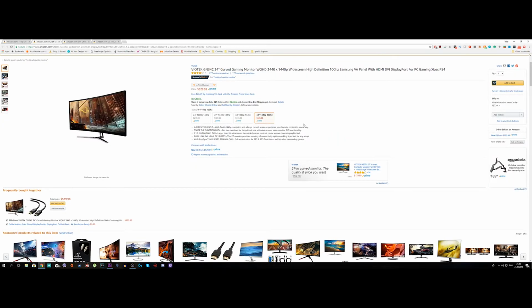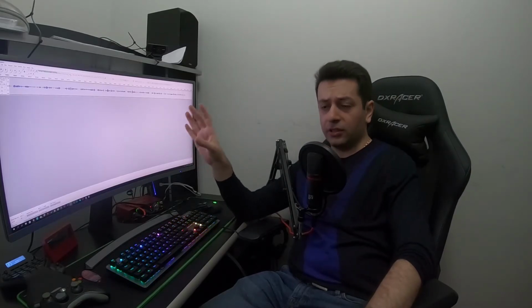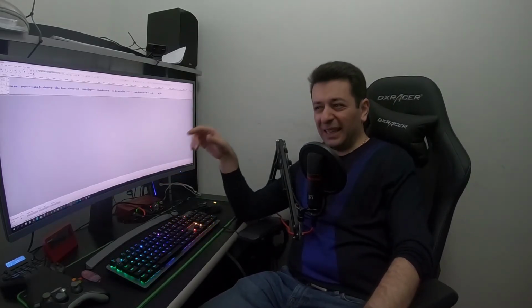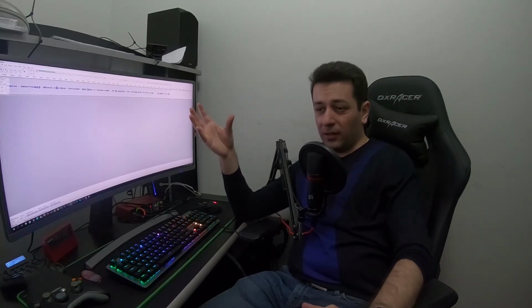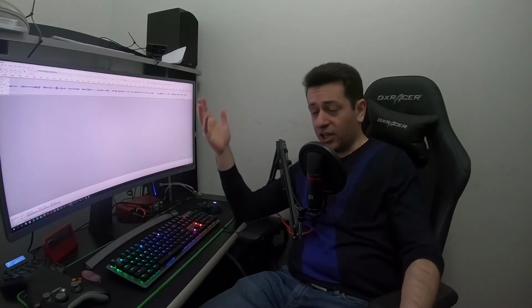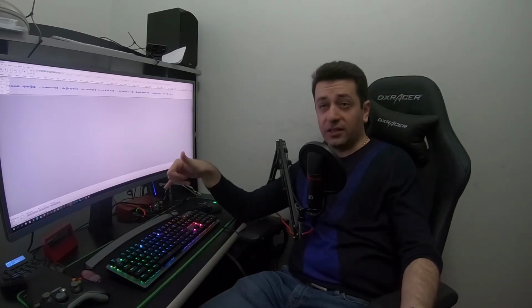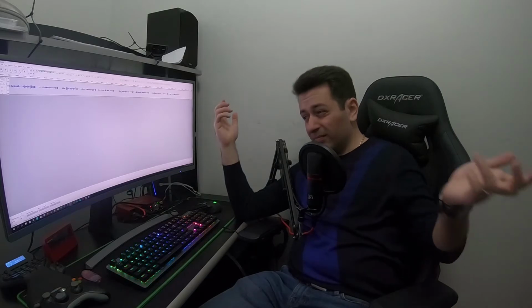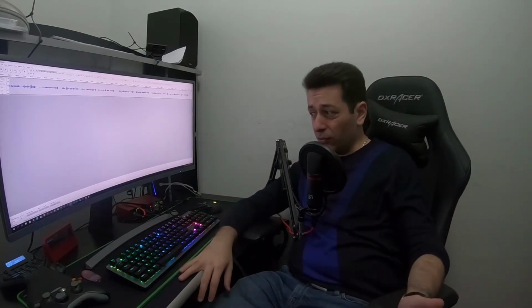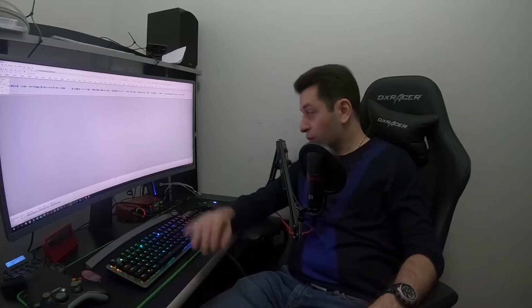There is, I think, a Viotech monitor, which costs less than this one, around $550. I think it costs now $530. Unlike this monitor, it's a bit cheaper, as I've heard, on the quality side, and plus it does not have an adjustable stand as well. So basically, you are paying a premium of around $50 for the stand. Well, it actually is worth it, if you ask me. But one thing that is not worth it is probably the 4-month waiting,